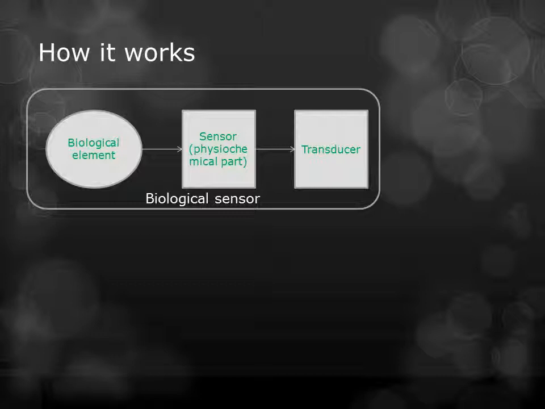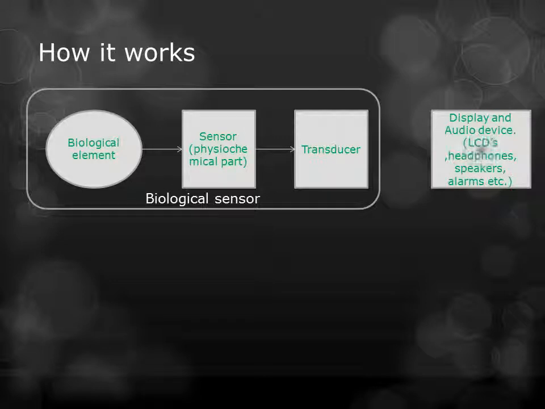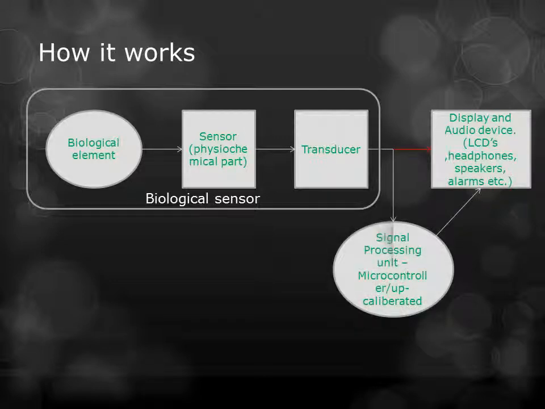This transducer then further goes ahead to convert them to electrical signals that are readable by a processor, and this can go further either to display an audio device as signified by the red line, and it will also go to your signal processing unit, which is a microcontroller or a microprocessor, which is usually calibrated. This microcontroller or processor basically takes in your electrical impulses coming from your biological sensor and